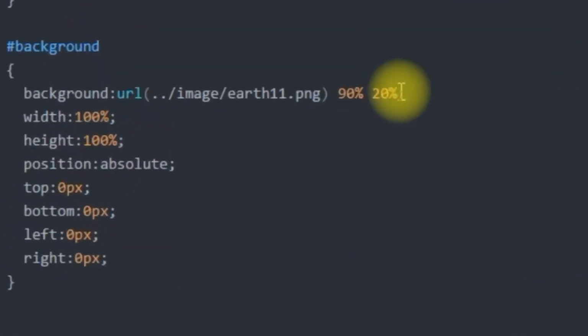We can see that earth.png has appeared over here, and it is repeating itself. As we never mentioned any kind of repetition attribute, we need to mention no-repeat. Just reload, and we can see that after the no-repeat attribute, earth.png is appearing right where we wanted it to.